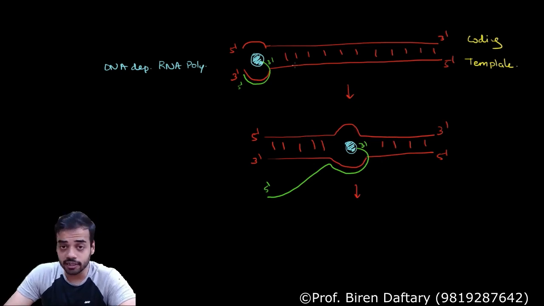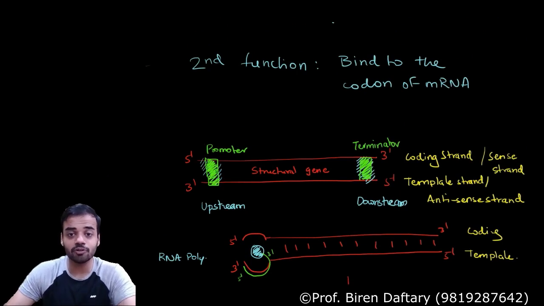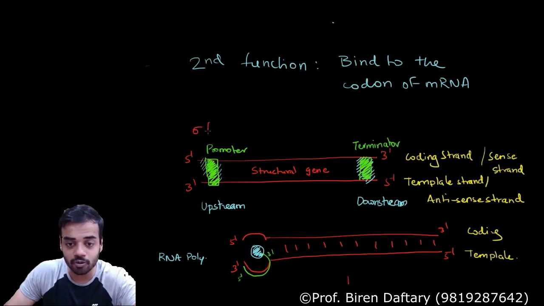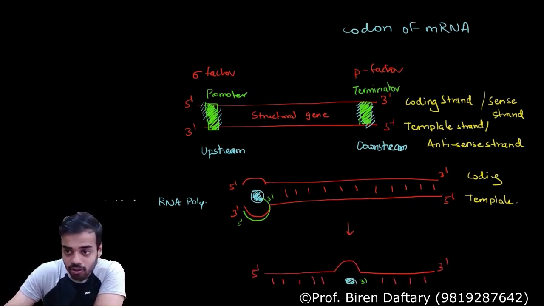I forgot to tell you, RNA polymerase attaches to the promoter. How does it recognize the promoter? How does it know that the promoter end is here? Because there is a protein which is also called the sigma factor. Do you remember this? The sigma factor is the protein which helps the RNA polymerase recognize this site. Similarly, over here there is something called the rho factor. So the sigma factor will help the RNA polymerase attach to the promoter.